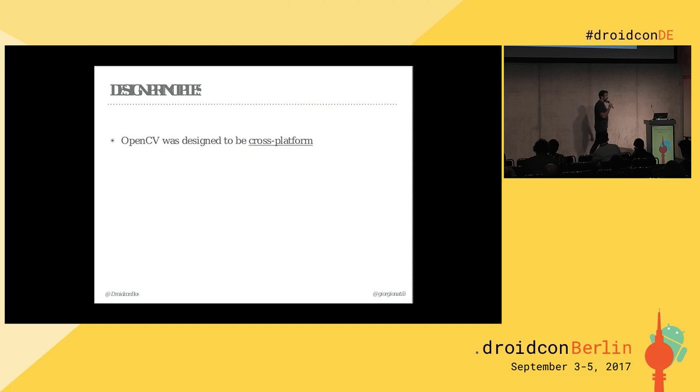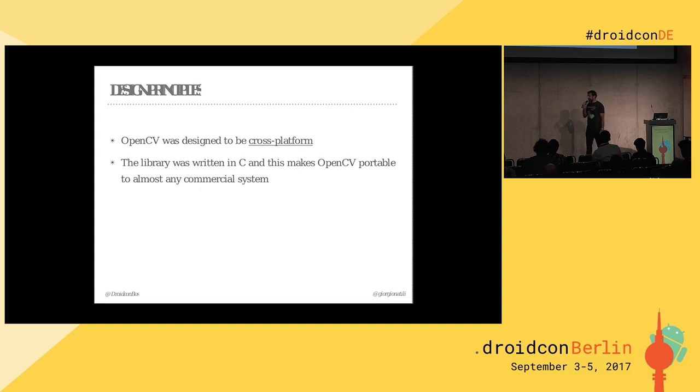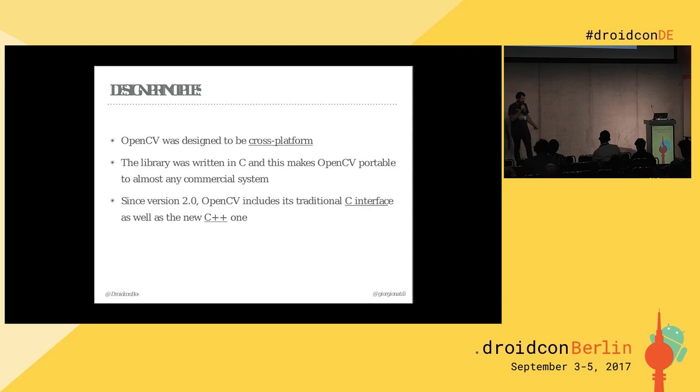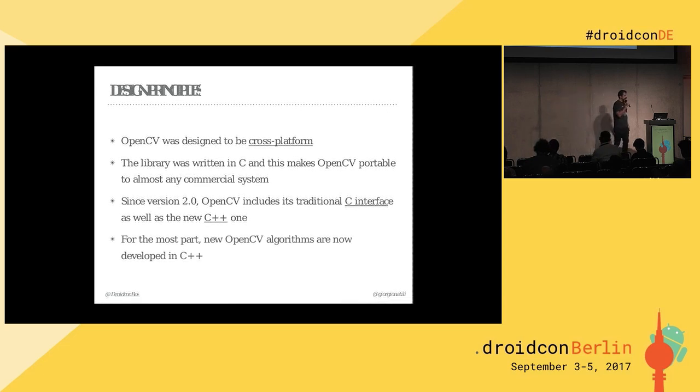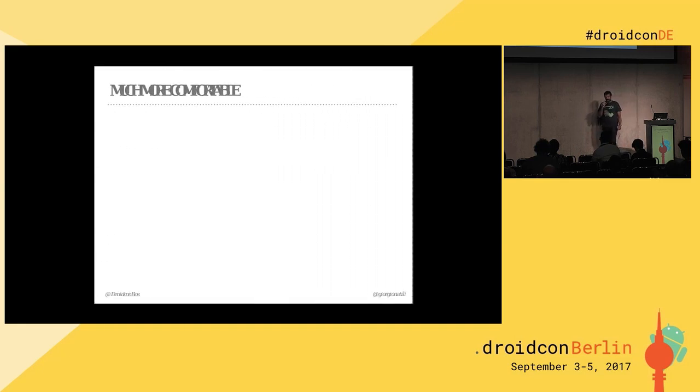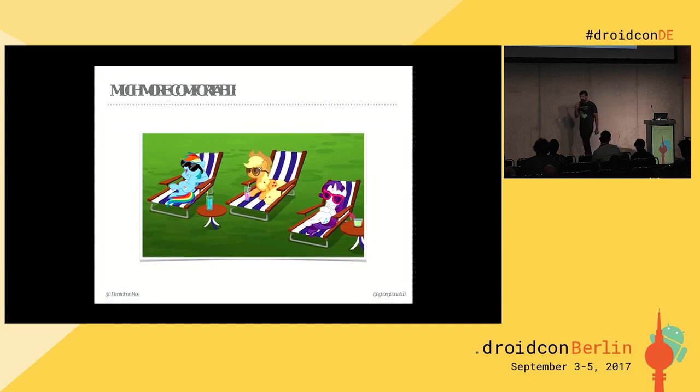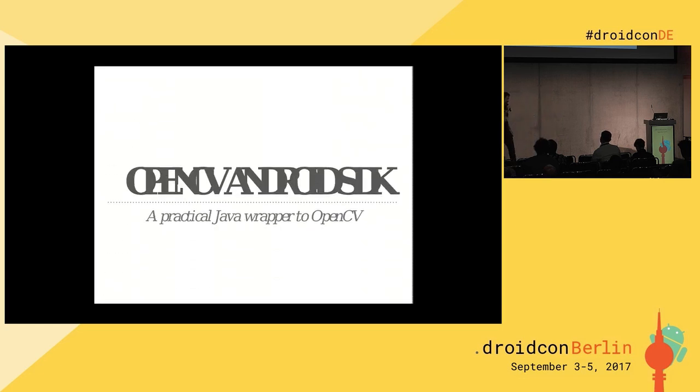The design behind OpenCV is intended to be cross-platform. The library was written initially in C and then ported to C++. So now with OpenCV 3, well, actually since version 2, but with OpenCV 3 we have an even better C++ interface for OpenCV. And right now almost all the algorithms are in C++. This makes the code a little bit more readable. Now you should be much more comfortable, because you know that all the complexity that we explored briefly about computer vision can be handled directly by